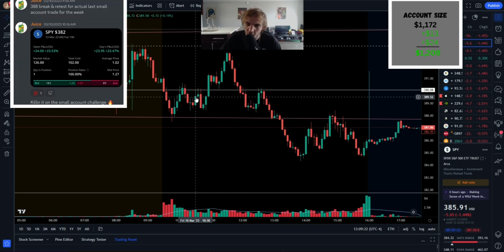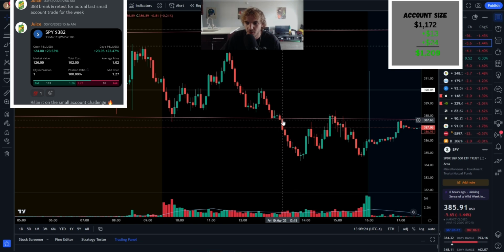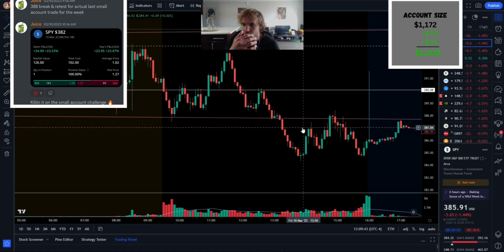And then moving on, the last trade was this break and retest of 388. This one was a risky entry just because we didn't really break too far to get a really good retest. We kind of just broke at open. I entered at the open. We got 23% or $24 at a $102 position size. We sold at our profit target of 387. And this was another one where I really should have just let the trade play out, because it was just a straight down tick all the way to 384. I had a next week contract, so I could have held that whole time. So that one was on me.